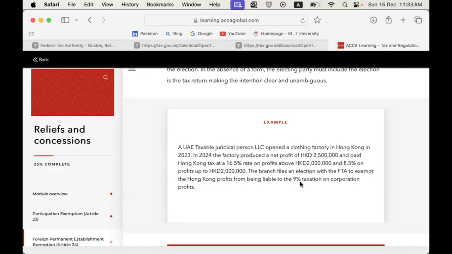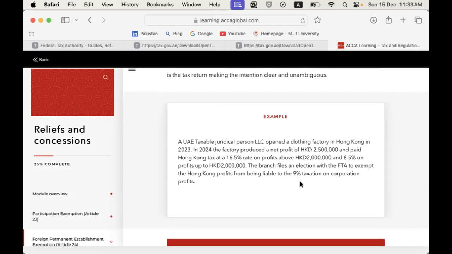The other method is you bring the profit under UAE legislation and you tax it at 9% and then claim the relief of whatever you paid outside the UAE. What is the nomenclature that tax practitioners or tax frameworks around the world use? What do we call this second approach? Foreign tax relief. Anybody else? Mujaddid, Abbas? Tax credit. Tax credit method. So two methods: the tax credit method and the tax exemption method. Okay.